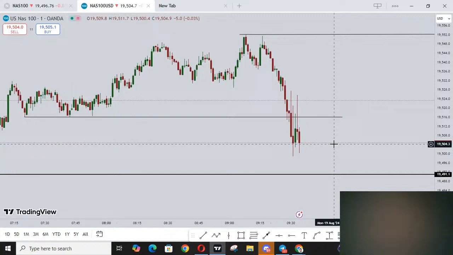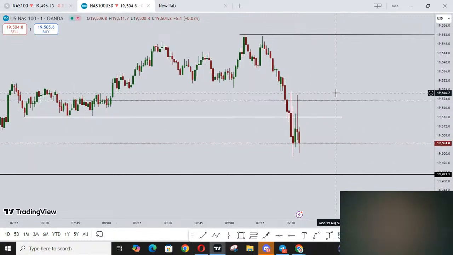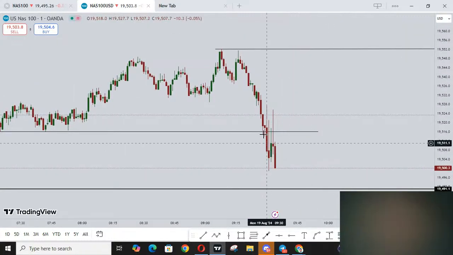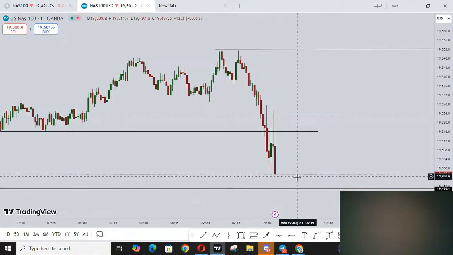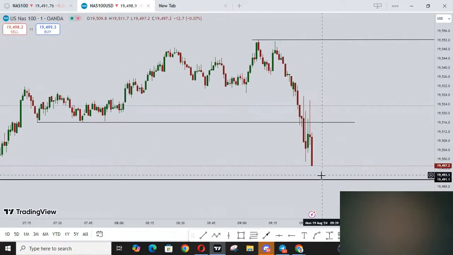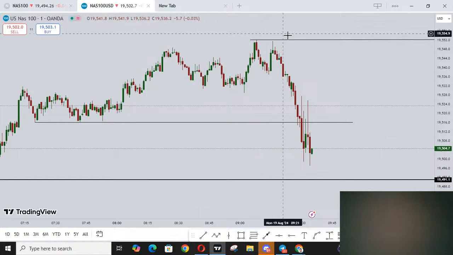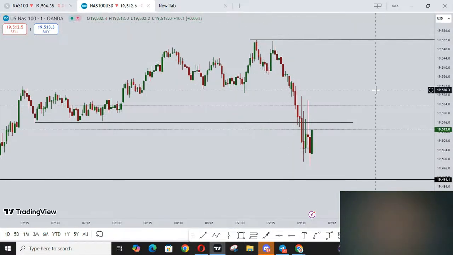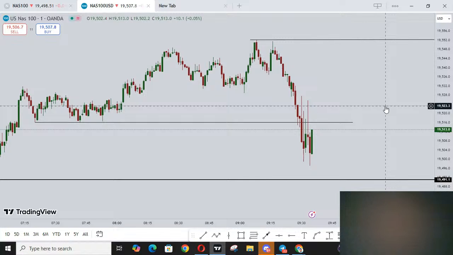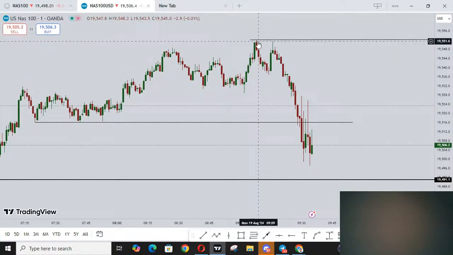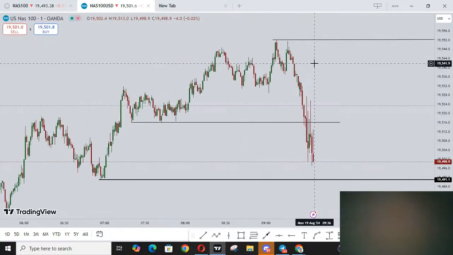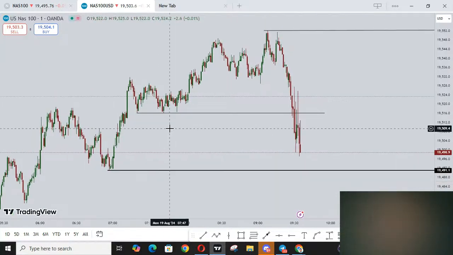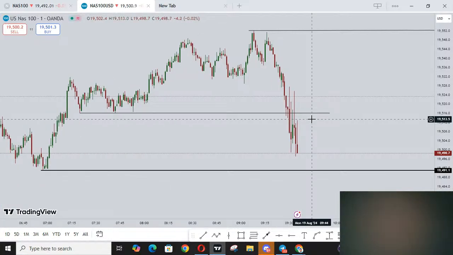So now I'm expecting a clean break of structure, since 9:30 has started taking the low, so having a clean break of structure to enable me take the trade to the range high, this high being buy side liquidity. This is just buy side liquidity, whatever a person calls it will not change the fact that this is buy side liquidity, this is sell side. So now we see how the market delivers.